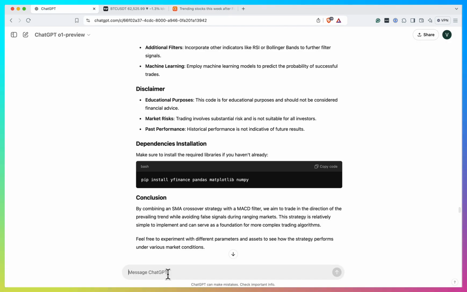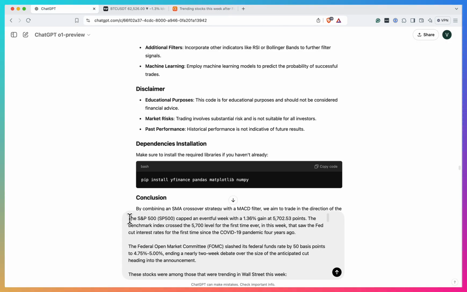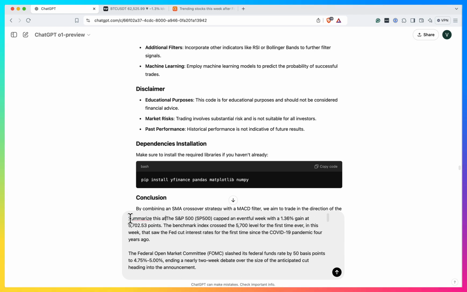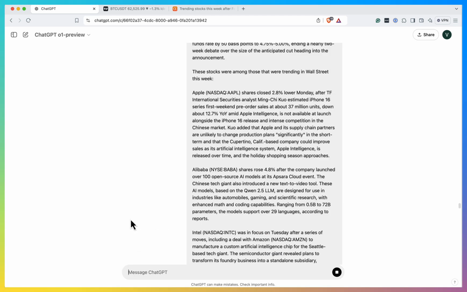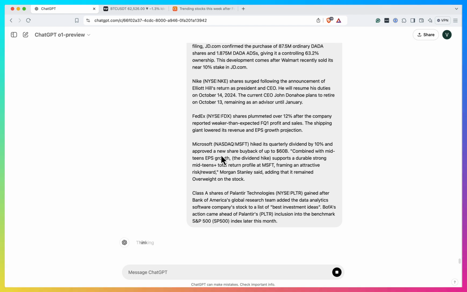I will pass this to ChatGPT, and I will ask it, okay, summarize this article by stock, add stock symbol and sentiment score, output it in a table. So let's see if it will make it, and it will create for us a nice summary in a table,